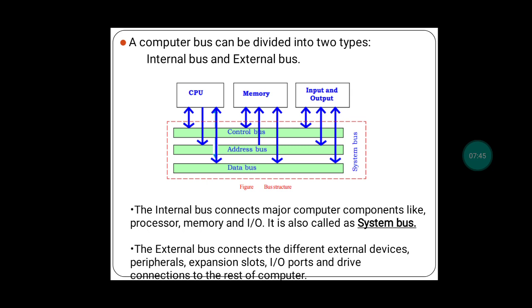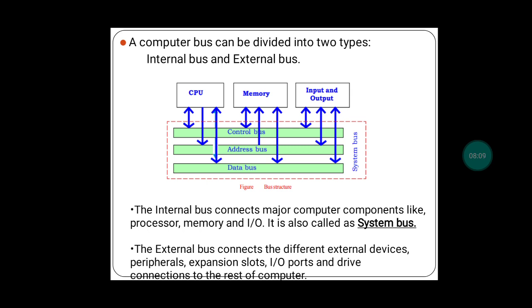See, suppose you want to connect a musical instrument to your computer system, then how can you connect? You are going to connect it to a port. But if you want to transfer the data from your musical instrument to the computer system, that data can be transferred through something called a bus. So those buses are nothing but external buses.